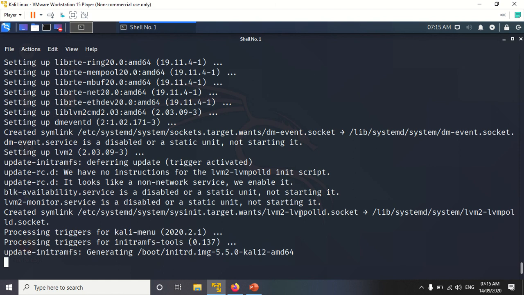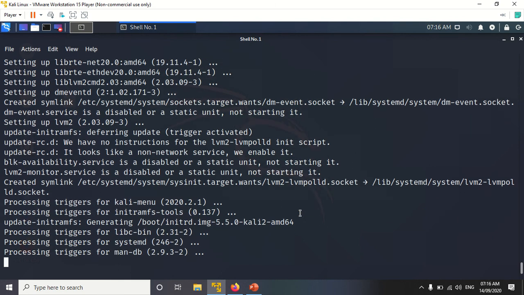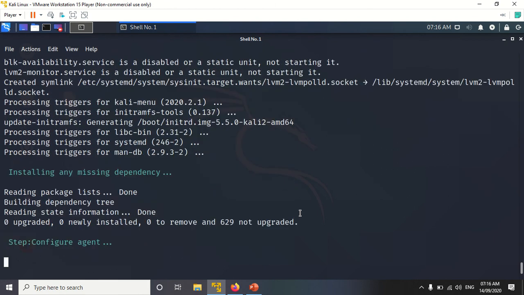It is taking much time. Okay, so it is installing missing dependencies and configuring the agent in this way.